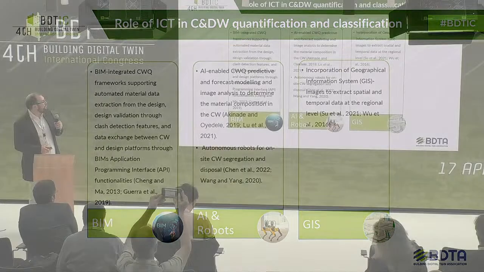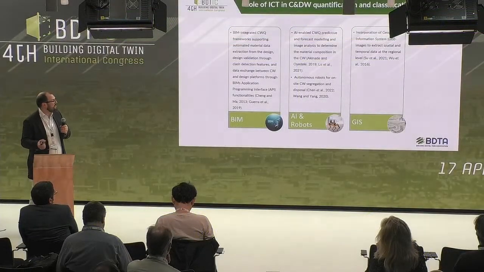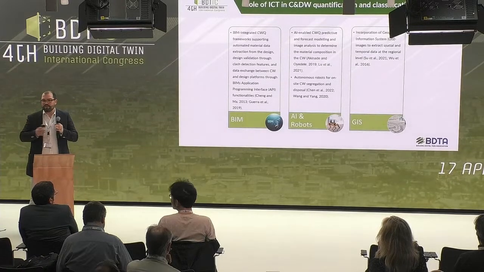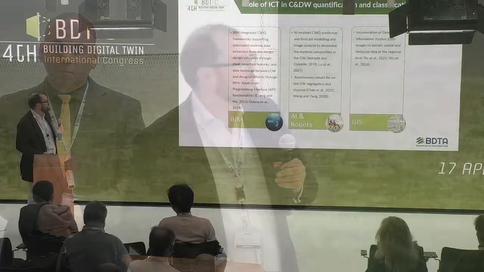We have also AI-enabled tools that help us quantify and predict the amount of waste, but obviously they need to be tailored to the exact type of waste and the exact process of construction that we address. And we have, for example, autonomous robots that can take a role in construction waste segregation and identification, offering new technologies in order to classify and quantify waste throughout the construction site.